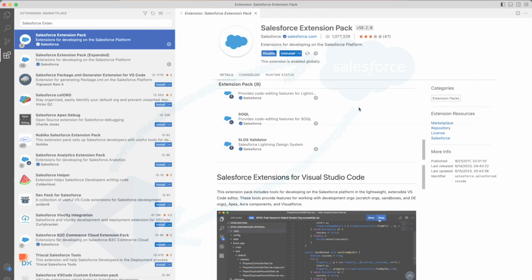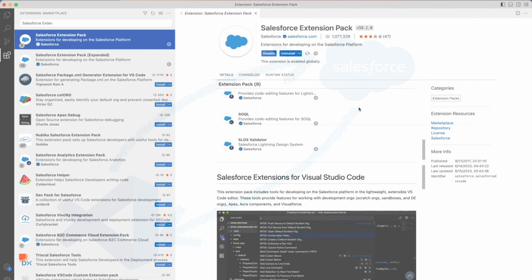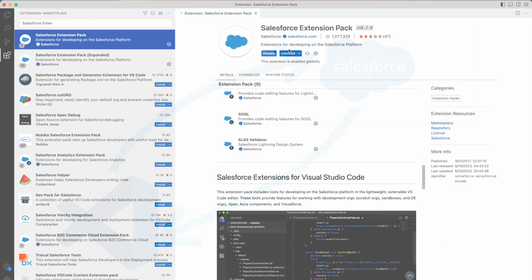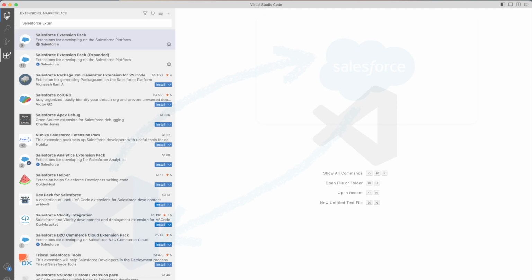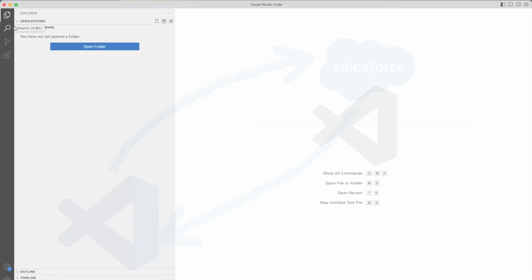Now you have installed Visual Studio Code, and you have installed the Salesforce extension pack. I hope you have followed all the instructions while clicking on this install button. You will find it out here. Now let's move on to setting up your Salesforce. Let's close this out and let's come here. You will see currently there is nothing over here. So first of all, you do need to create a project. How to create a project?